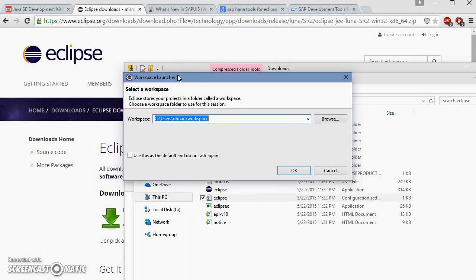It will ask you for a workspace, and generally I give the default workspace, which is username/workspace. If you want to change it, you can browse it, but I keep it the default way.